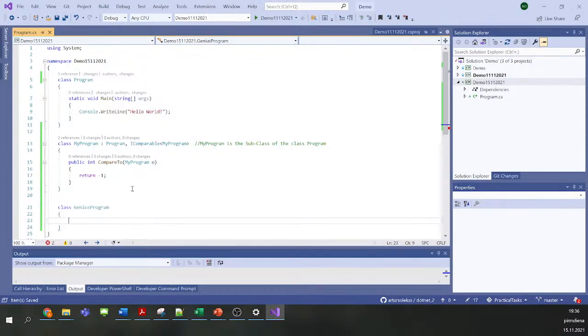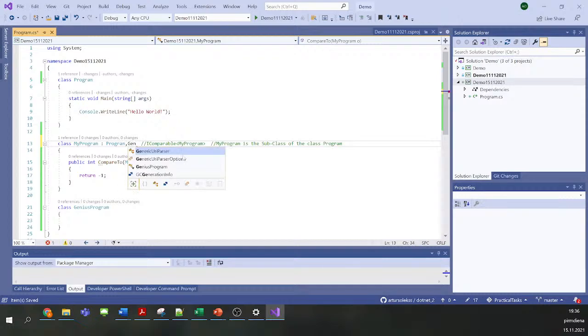Just use the class, and if I try to do the following thing, so let's say I comment this section and try to extend GeniusProgram, that will not be allowed because, as I just said, multiple inheritance is not allowed in C#. Multiple inheritance means that I try to extend two classes. That is not allowed in C#.